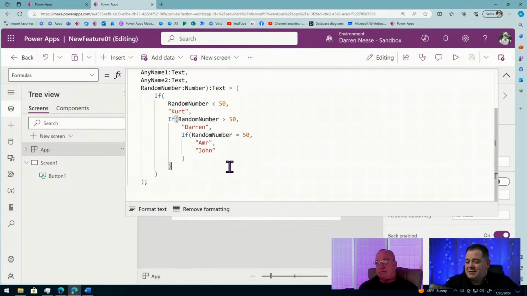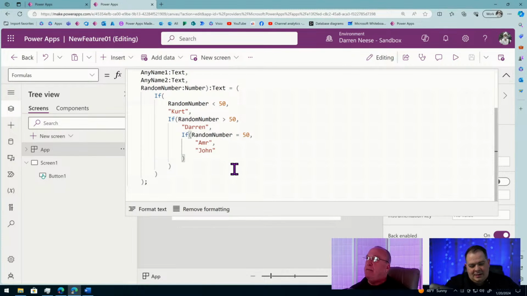So I know this guy beside me here is probably going to agree with me on this. Do you agree with me, Kurt, on pretty much what I just described there? Yeah, I do. Up to that point of the equals 50, because to me that's the only one that's left available. So you can have that last if being else. You didn't need to do a check on that, right? Because that would be your else.